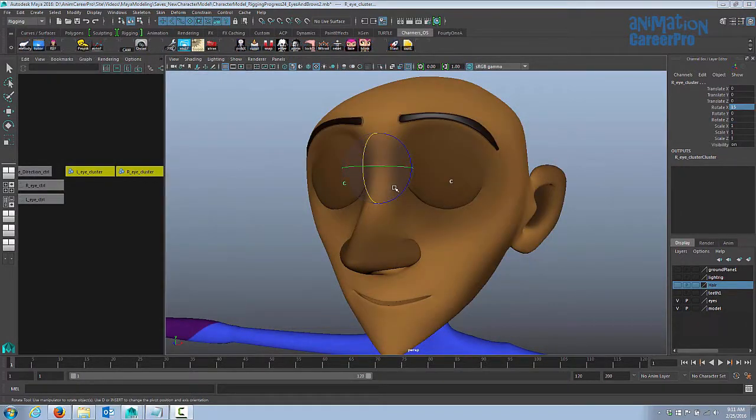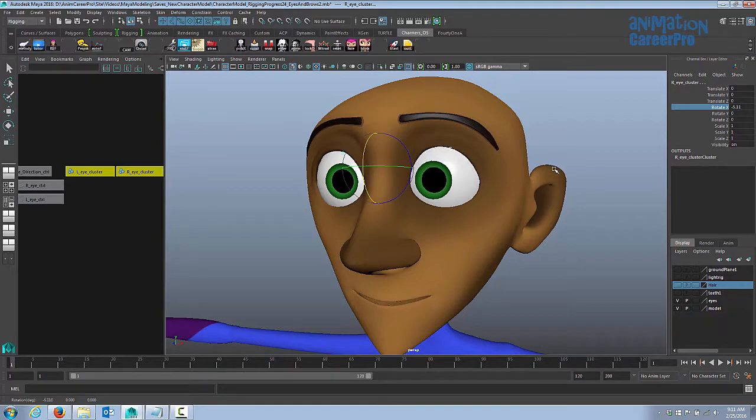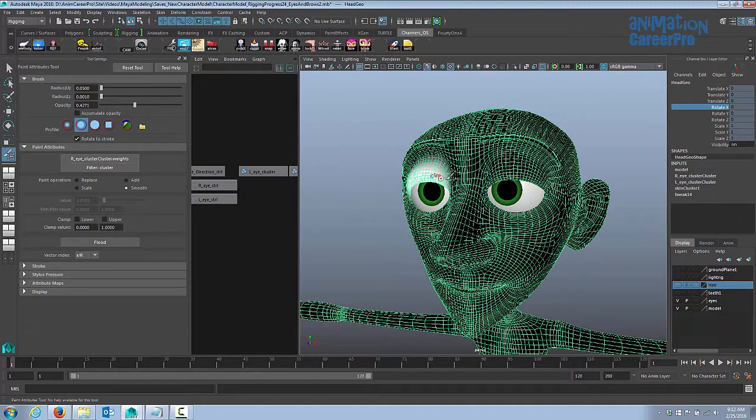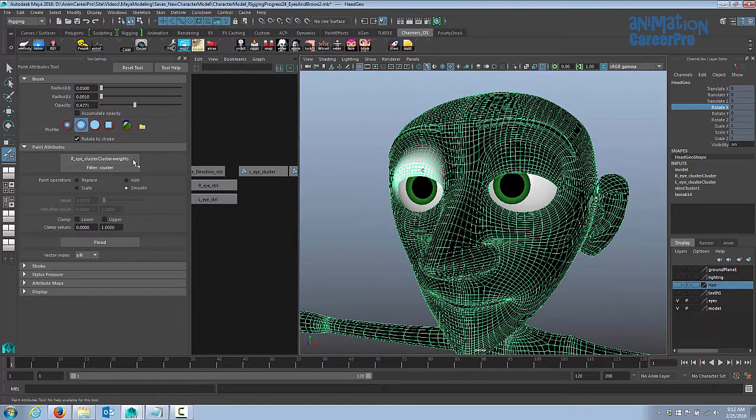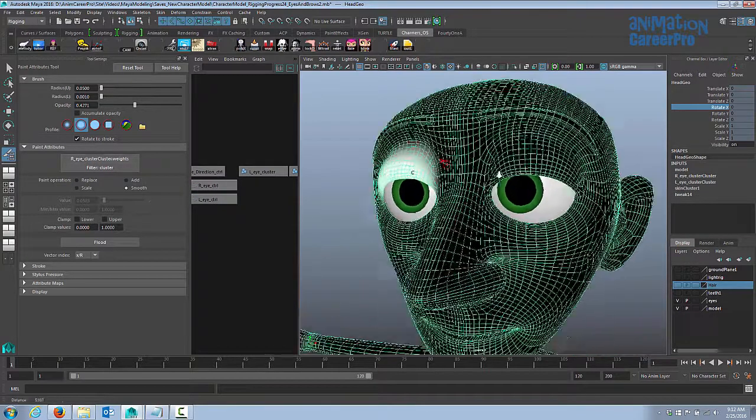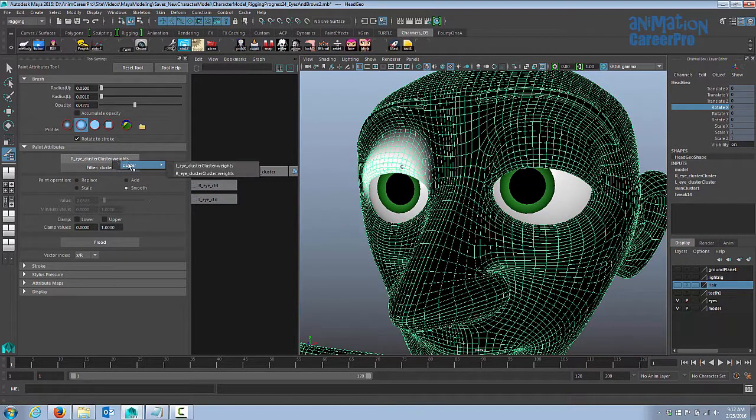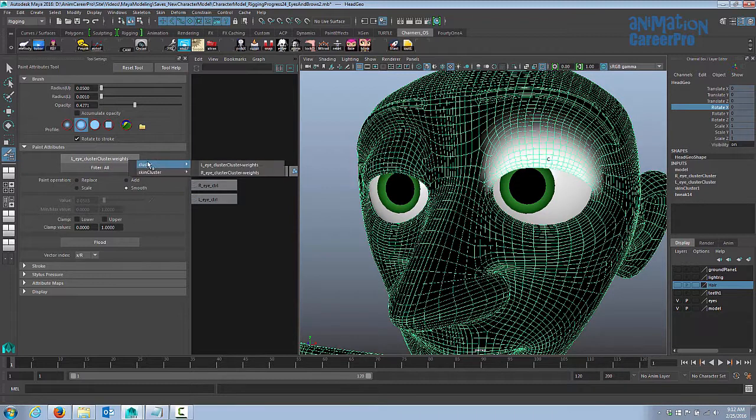Okay, so I've gone through and created a cluster for the right eyelid as well, and I've painted the skin cluster weights, and now we have both eyes rigged for blinks, and we can open his eyes pretty wide too. Okay, so now that we have more than one cluster on our character, if we click here in the Paint Cluster Weights tool where it says right eye cluster, right now we have the right eye cluster selected, and you can see that it's showing us the weights. But if you click on it and you hover over the word cluster here, you can see that we have left eye cluster weight and right eye cluster weight. So this is how we can switch between clusters if we want to go back and forth and paint a little bit on the right and a little bit on the left.